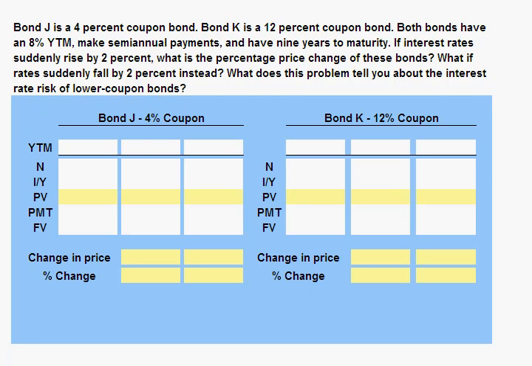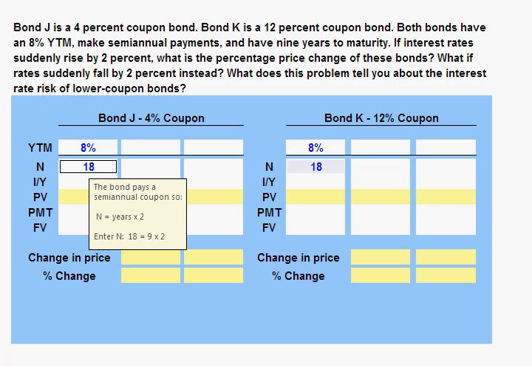Bond J is a 4% coupon bond. Bond K is a 12% coupon bond. Both bonds have an 8% yield to maturity, make semi-annual payments, and have 9 years to maturity. Since the bonds have 9 years to maturity and make semi-annual payments, we'll enter 18 for the number of periods